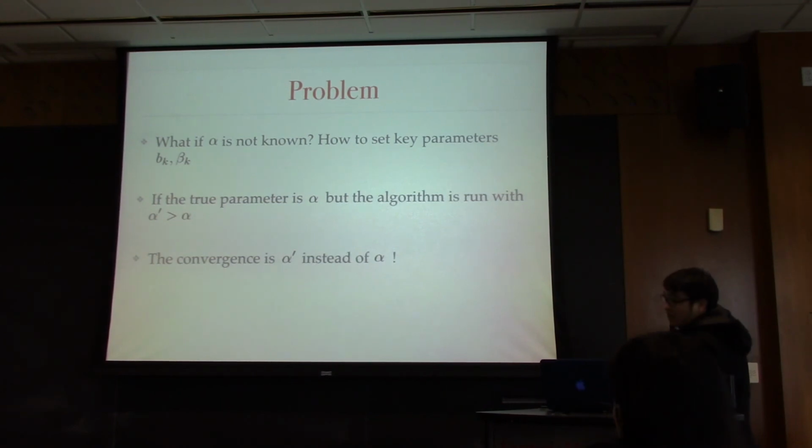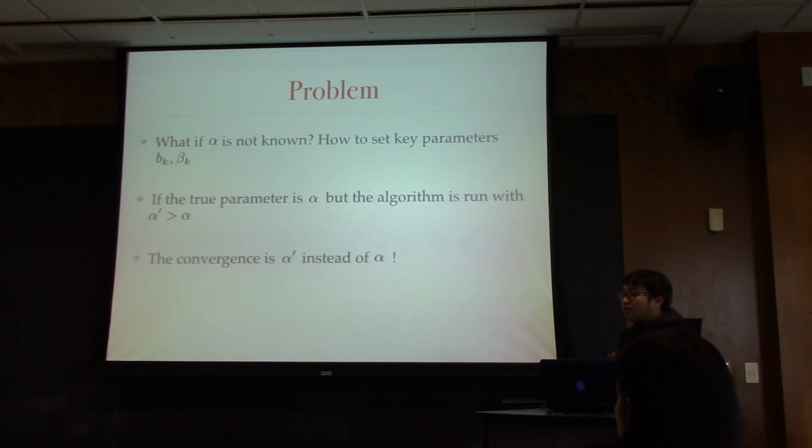You mean I don't know alpha, but I can test for it? Yeah, for example, you were saying if you choose an alpha that's bigger, your algorithm still works. If you choose an alpha that's too small, your algorithm wouldn't work. What happens if you try a bunch of them, like binary search for them, and then look at the outcome of the algorithm and see if it's a good alpha?